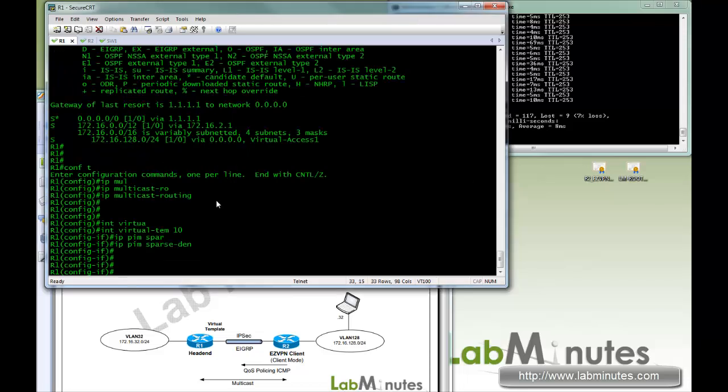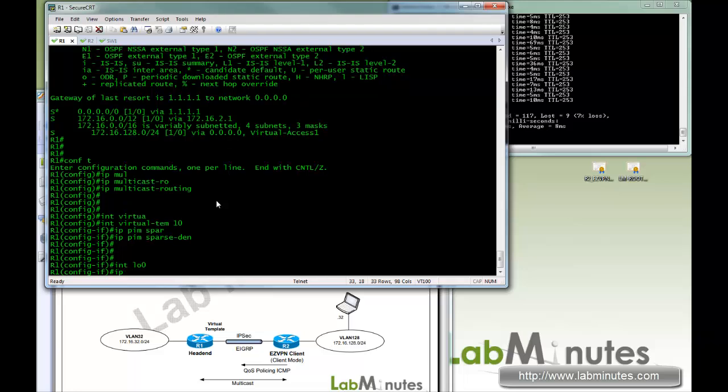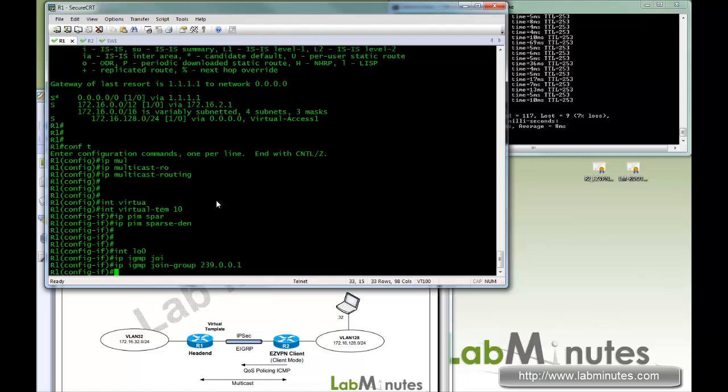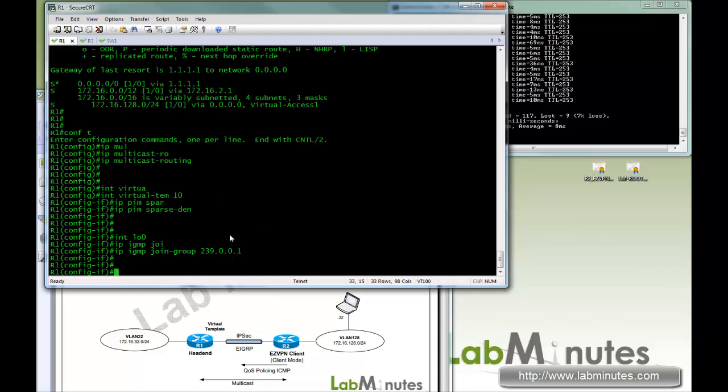And we're also going to join the loopback, for our testing purposes, with IGMP join to a group number 239.0.0.1. Okay, being a receiver